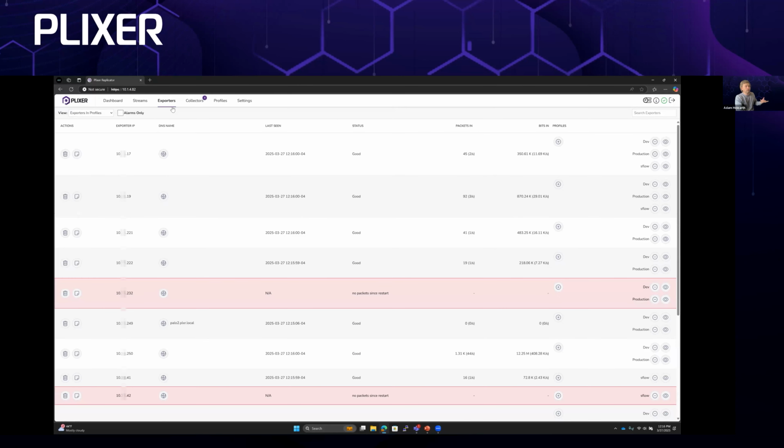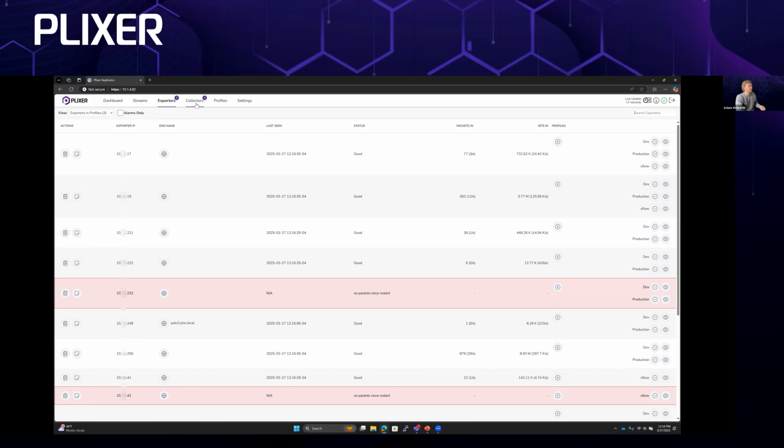There is a separate exporter health view. This is where you can see some lines that are red. These are ones that haven't received any data during this session of the replicators running. Additionally, this is where you'd be alerted from a UI perspective around exporters that have maybe dropped out that you were expecting to get data from. Additionally, all of those alerts do provide syslog out, so your SIEM can immediately see when there's a problem